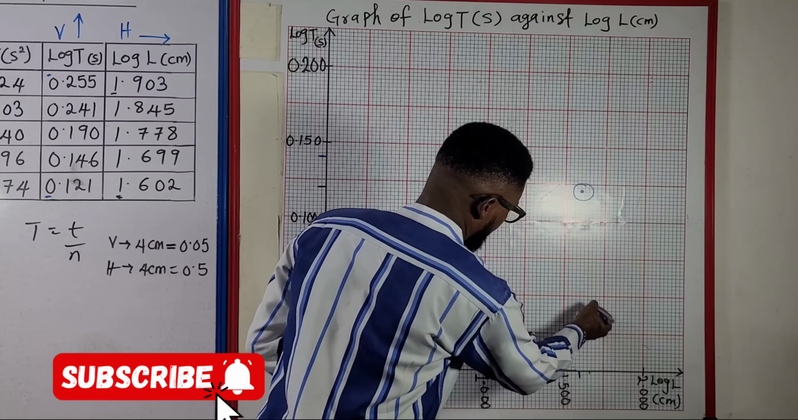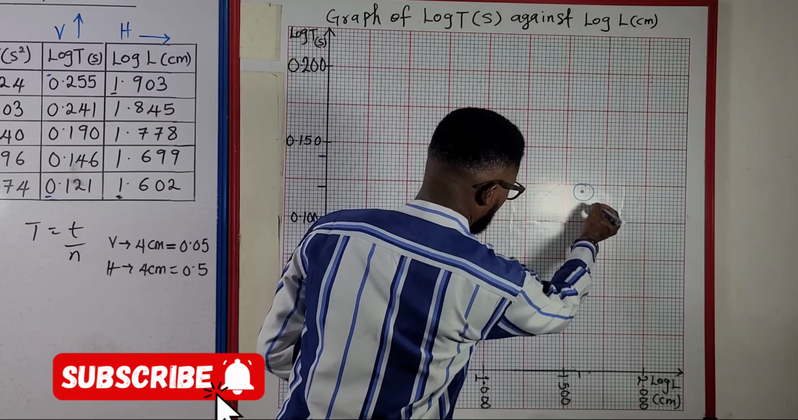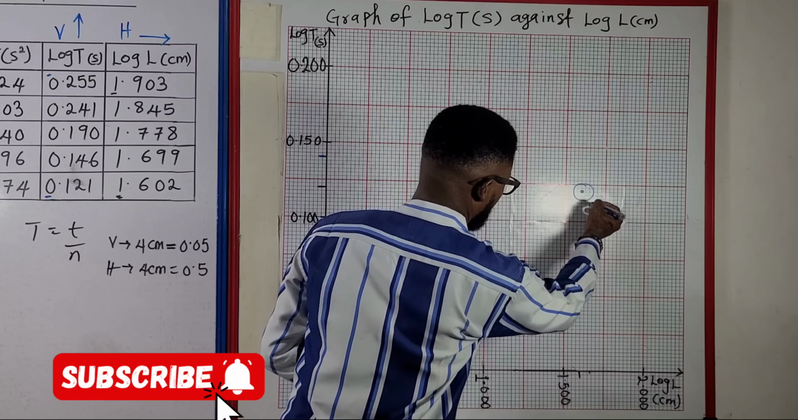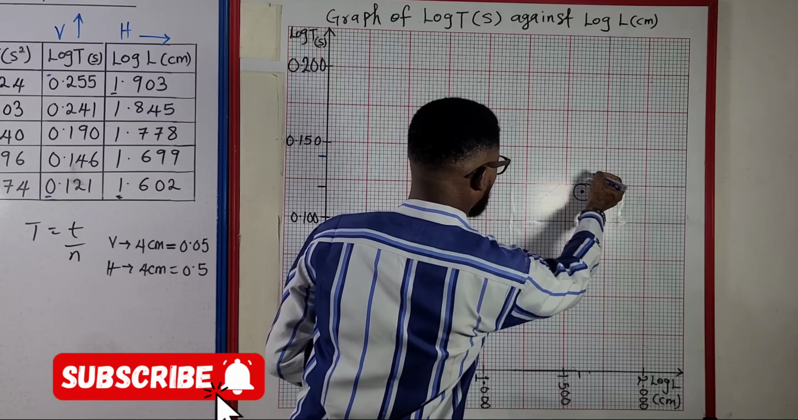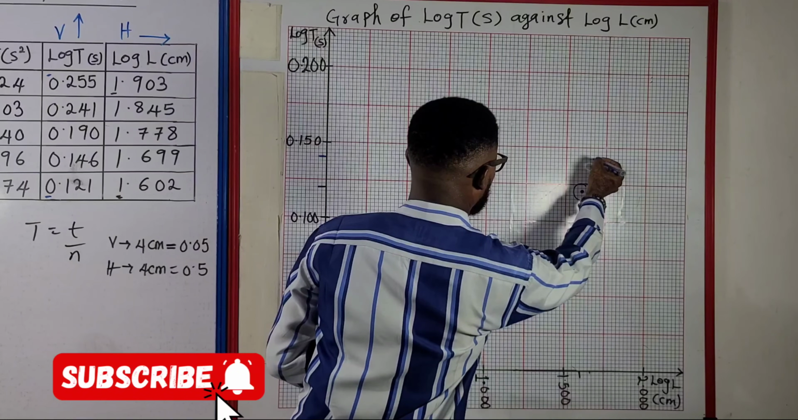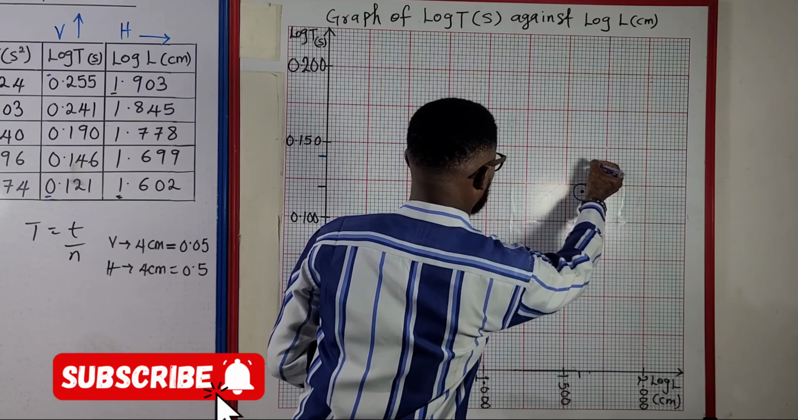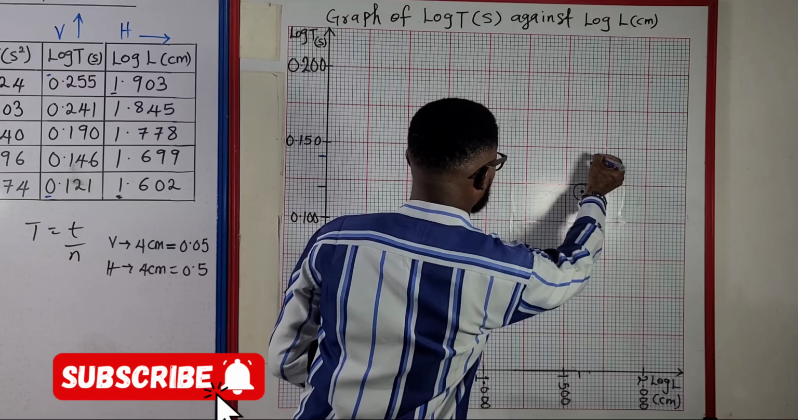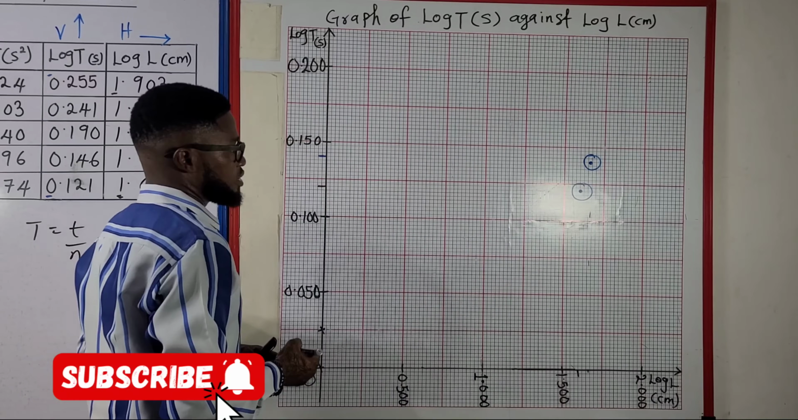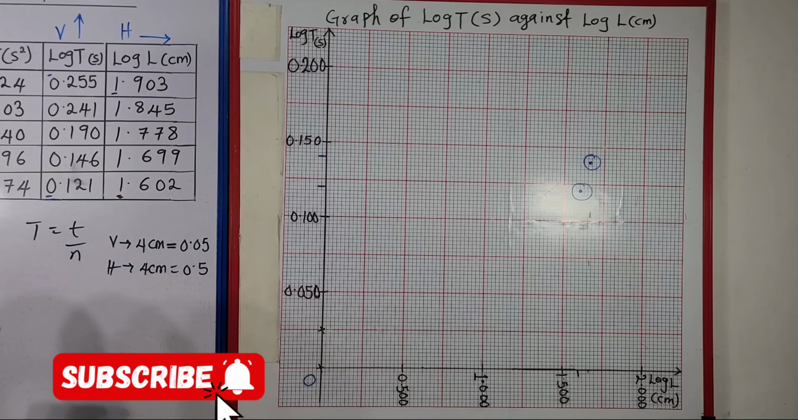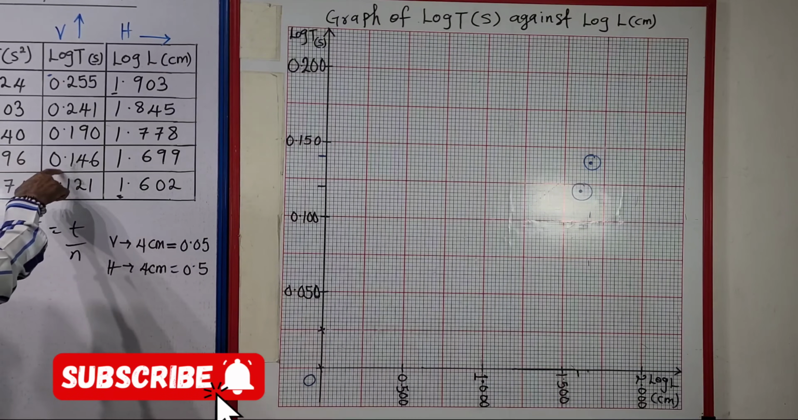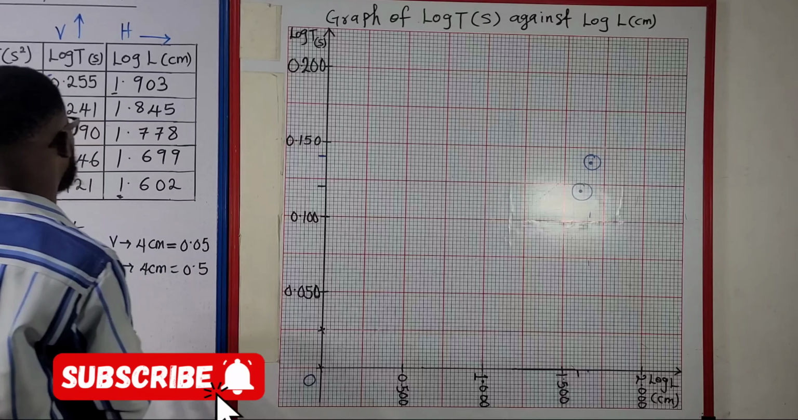So if I chase that up, that's around here. Okay, that's how it works there. So that's 0.146 and 1.699. Then the next one is